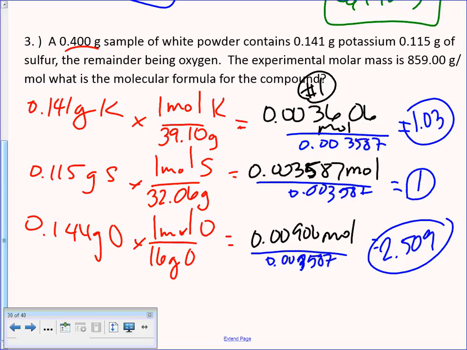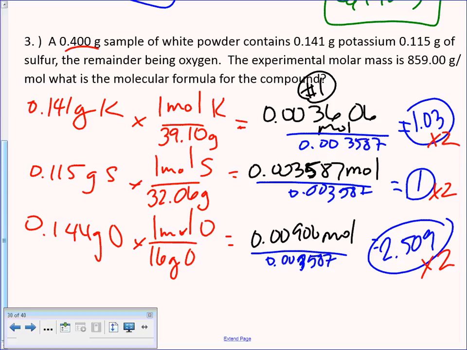So go back and look at your notes, or maybe just think about it. What should I multiply all of these by to get them to full integers? 2. So I have to multiply this one by 2. But if I multiply this one, that means I change the ratio, and I'm not allowed to do that. I have to keep the ratio the same. So if I multiply this one by 2, I've got to multiply this one by 2, and this one by 2. So what are the